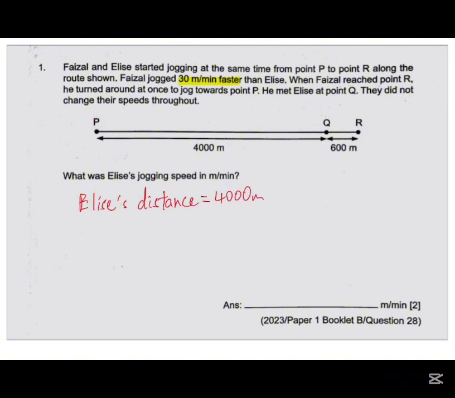Okay, so Faisal, we see Faisal jogged from point P all the way to point Q, right? Then to point R. Correct. Then when he reached point R, he turned around to jog towards point P. Then he met Alice at point Q. So it means he jogged from point P. Okay, so let me write down first. So Faisal